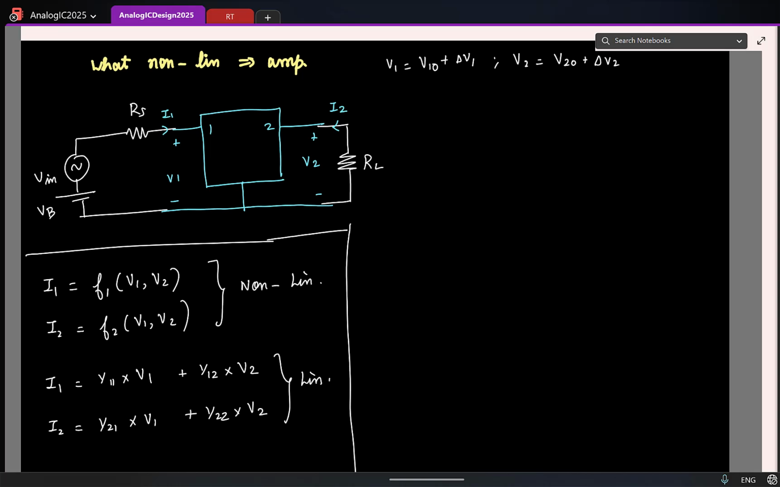Which means even if I look at the currents, they will also contain an operating point current and a small signal current. So, if I were to write it, it will be I1 0 plus delta I1. That will be a nonlinear function of V1, V2, where V1, V2 are these. If I write it, it becomes apparent. So, this is essentially F1 of V1 plus delta V1